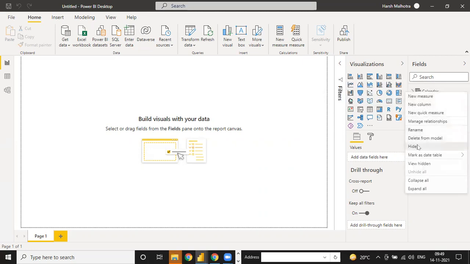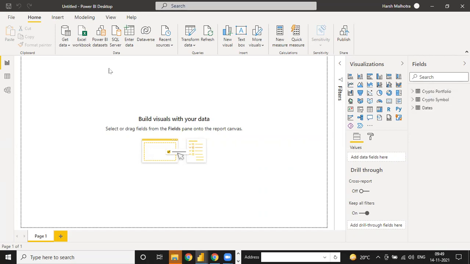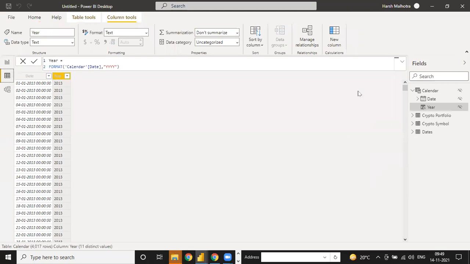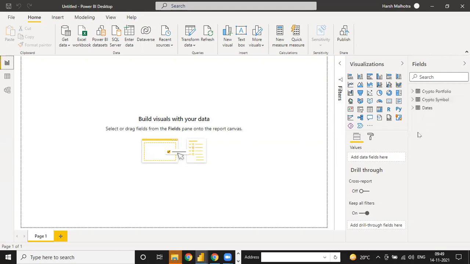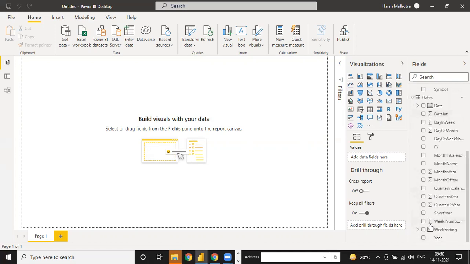I'm just going to click on this and hide. This table will be hidden from our Power BI view, but not from the background. If you select over there, see, the table is still there. Only the view is hidden. That's great, we don't need that kind of thing. And now we have crypto portfolio, crypto symbol, and crypto total. We have the complete date table now.